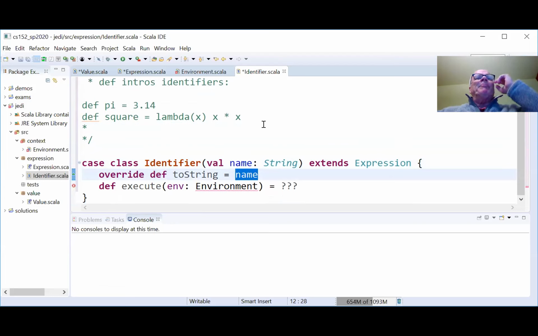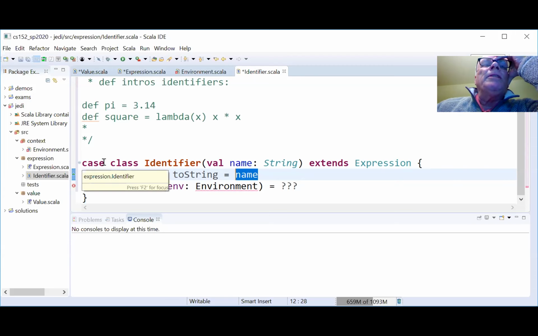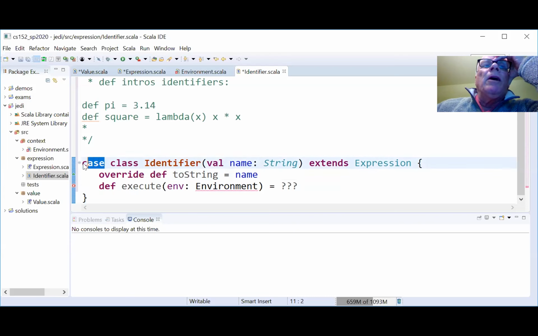Okay, and what else? Oh, so important thing is that all of the classes that are in the expression hierarchy, not the value hierarchy, the expression hierarchy, are going to be case classes. Remember, case class, we introduced that last week, automatically introduces a companion object with apply.